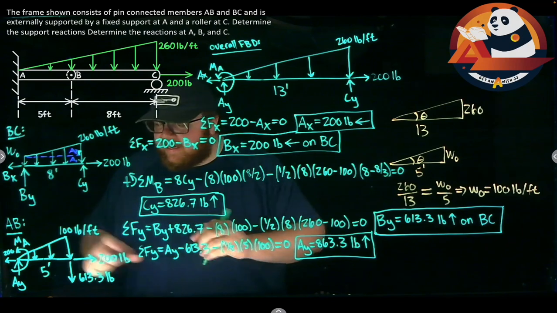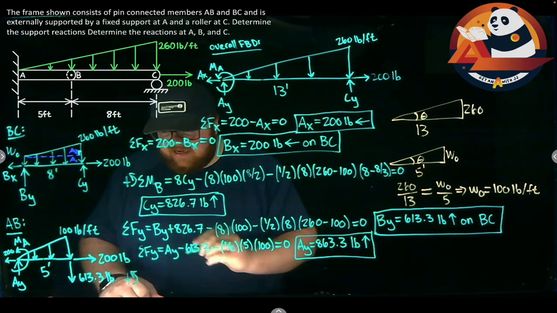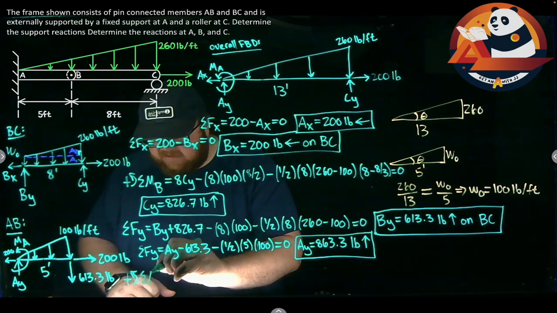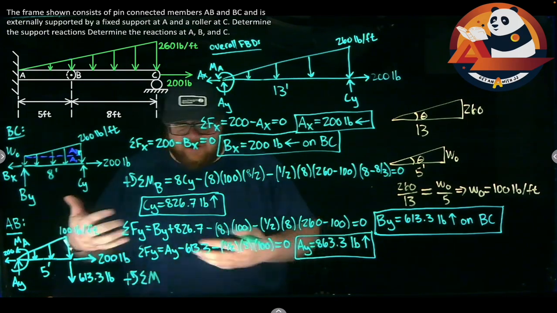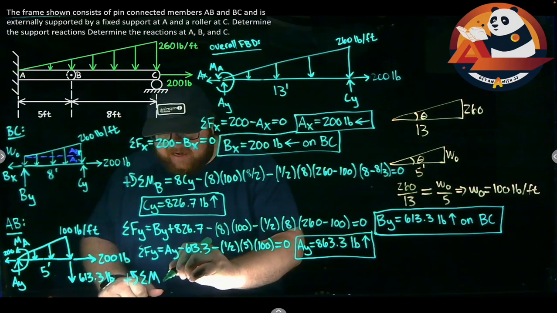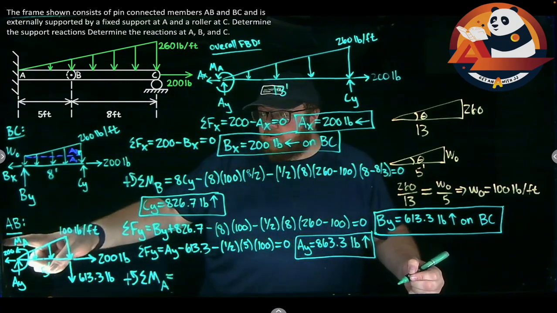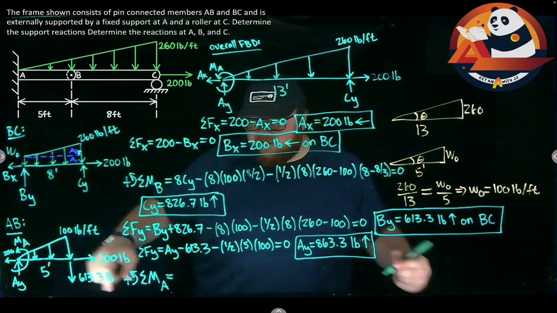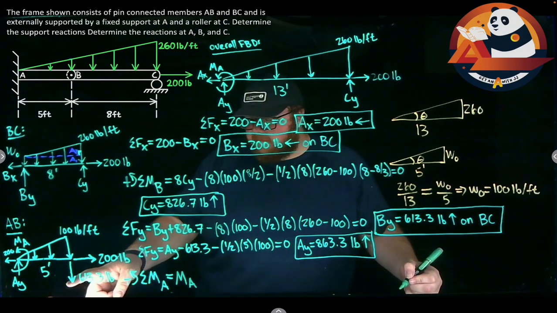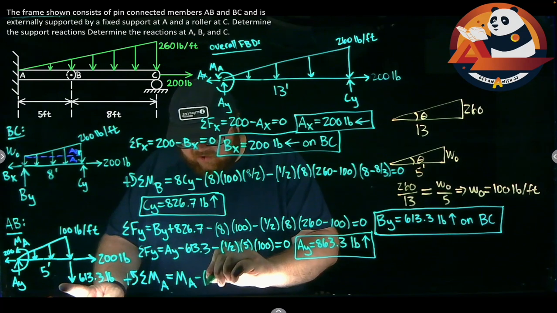And my last thing I need is that moment with positive going counterclockwise. If I'm looking for a moment, I have to use a moment equation. So summing my moments, and I can sum my moments about any point I want to, and it's still going to show up in here. I'm going to sum my moments about point A. Summing my moments about point A is going to get me, well, that moment that I'm resisting is a variable in here, equals MA. Minus my moment from BY, minus force